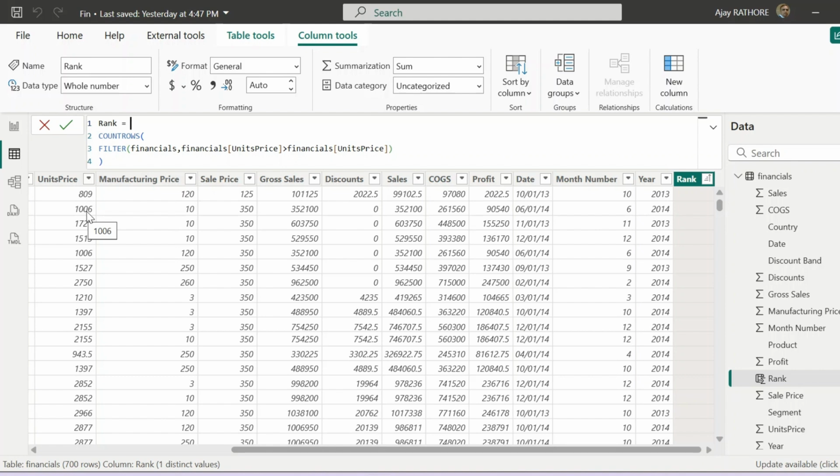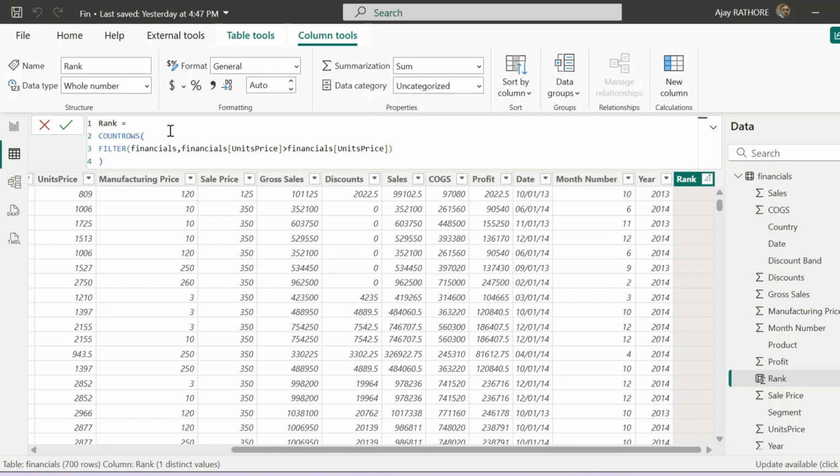Like here 1006 is higher than 809, so that's one record, then 175 is also higher, and so on. Suppose 50 items are higher than 809, then its rank should be 51, like that. So how can we achieve the outer row context?